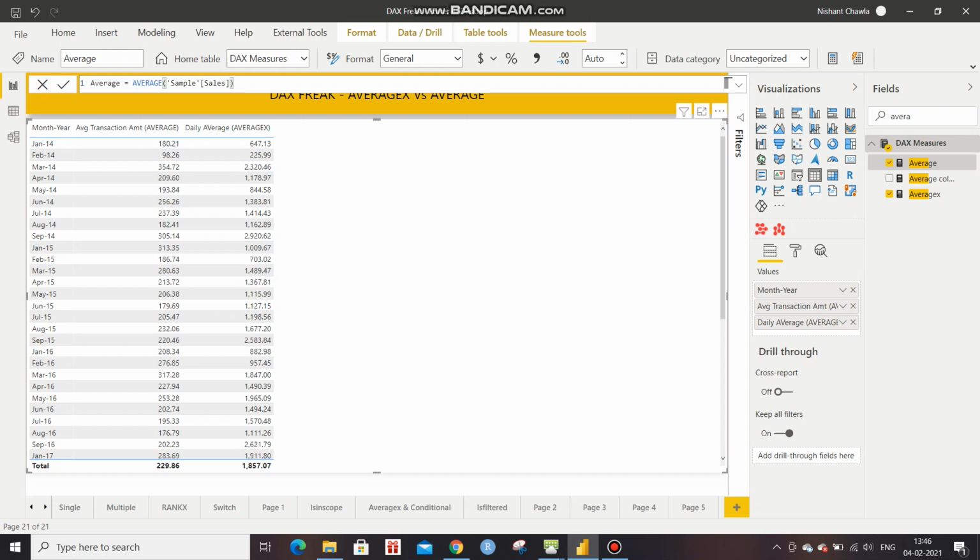Ultimately, when you want to take out the average per day, per month, per year, it is advisable to use the AVERAGEX function, because there you can have a table. The table would store all the unique values of a month, date, or year, and total sales can be divided by those observations.